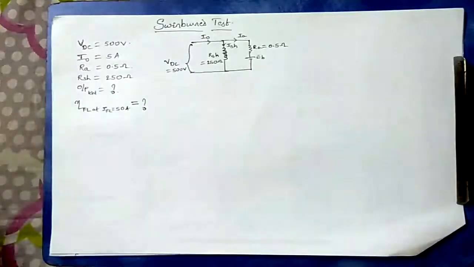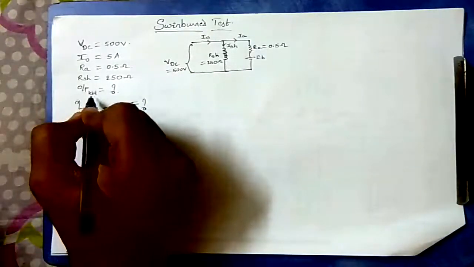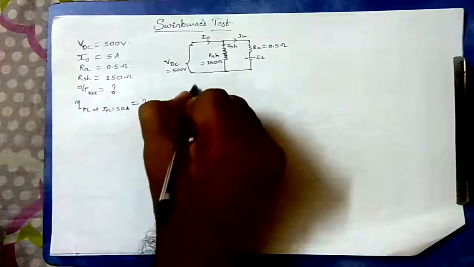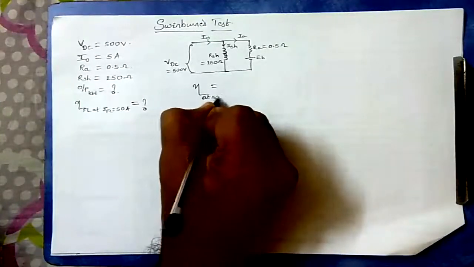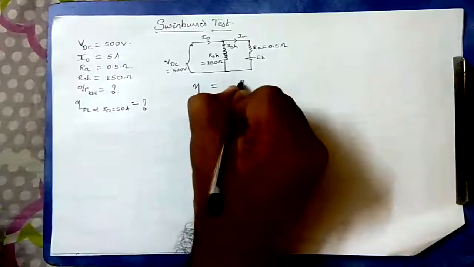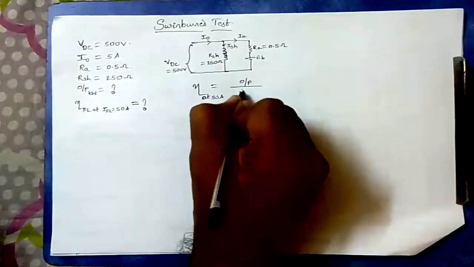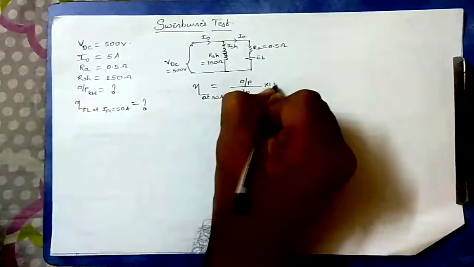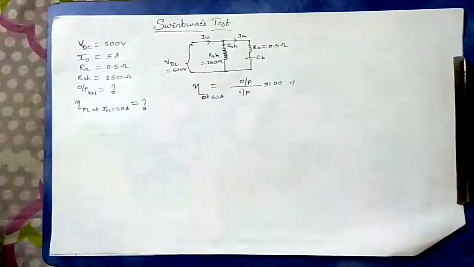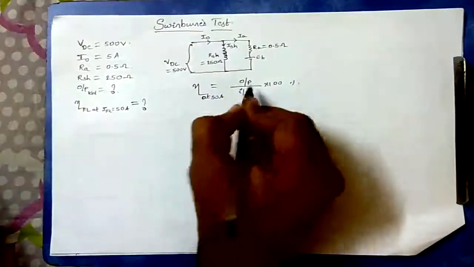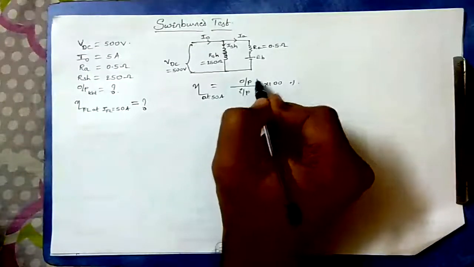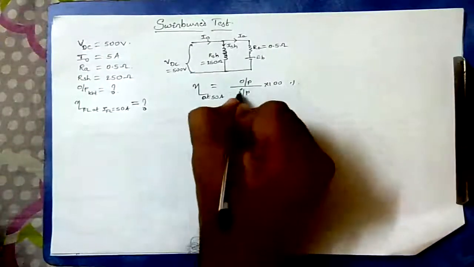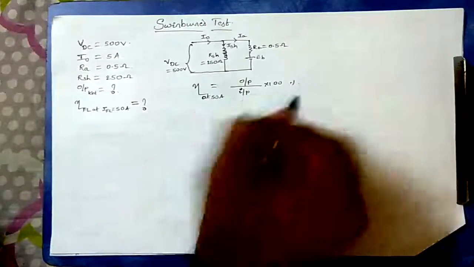We are supposed to calculate output in terms of kilowatt. Before getting into that, let us write the efficiency formula. Efficiency at full load, let me write it at 50 ampere. The basic formula is output by input into 100 in percentage, right? So for that, there are two parameters which I am supposed to know: output as well as input. First let us see whether we are able to get input or not.